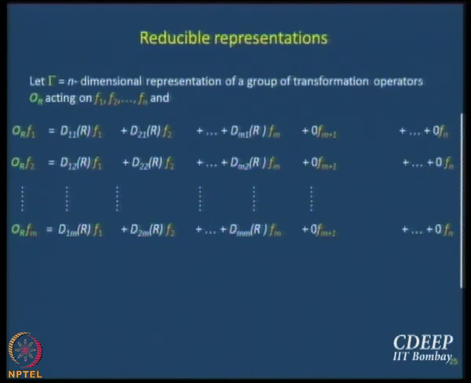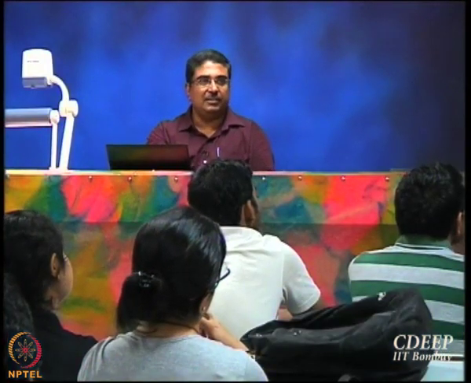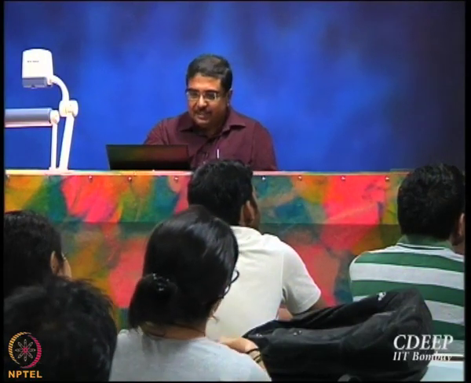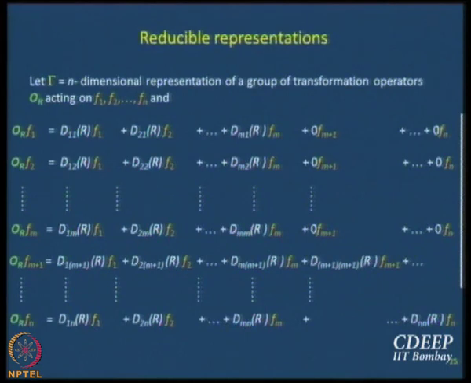Let us say it is like this. It is just an extension of what we had for x, y and z. So, basically by the operation R, some functions are mixing and some others are not. So, we say that these do not contribute to the first ones. Let us say this is the situation. What we are trying to do now is see what a reducible representation means. And then let us say the situation is like this: OR Fm plus 1, we do not know what the coefficient is. Let us say everything is non-zero.